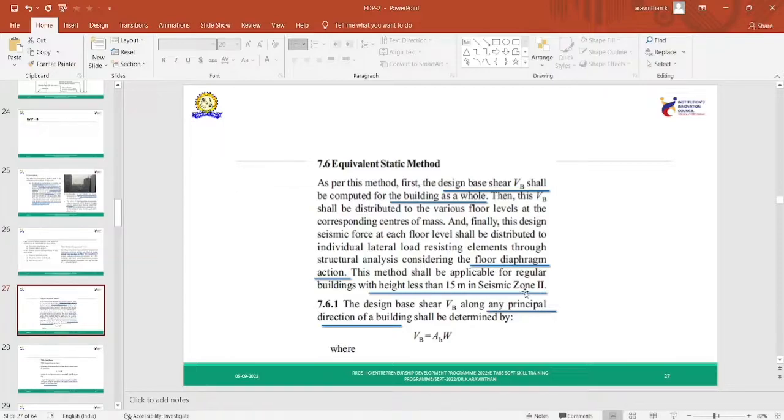If you are in a different zone, this is not applicable. If you are located in zone 3, even if your structure is 15 meter height, the code does not suggest the equivalent static method; you can go for the next level called the response spectrum method. Okay, this method should be used only for this structure, and you have to find the base shear, that is